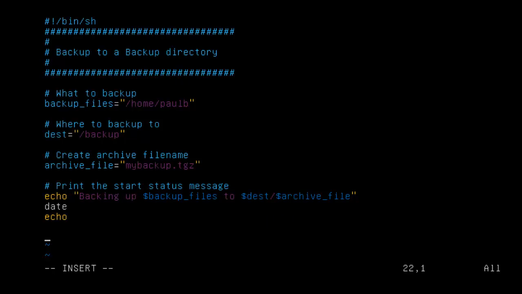Let's scroll down here a little bit on our, ooh, too far. Wow, I went really far. Okay, the next thing we want to do is, in fact, back up the files. Back up the files using tar. So the command is tar, and